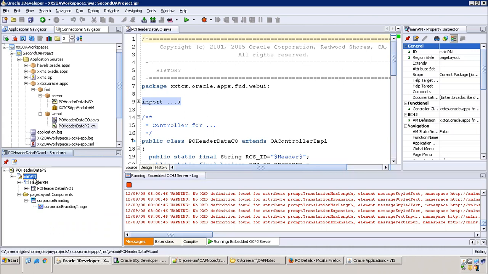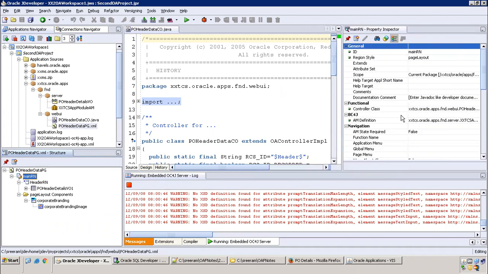Controller will not be assigned to AM. There is no logic, there is no dependency of controller on the AM. Here I see controller is there in the properties, and AM is there. Both are there, right? Yes. What I'm saying is, controller will not know what AM is, and AM does not know what a controller is. These are independent.